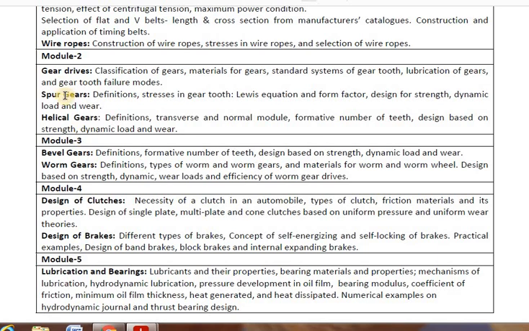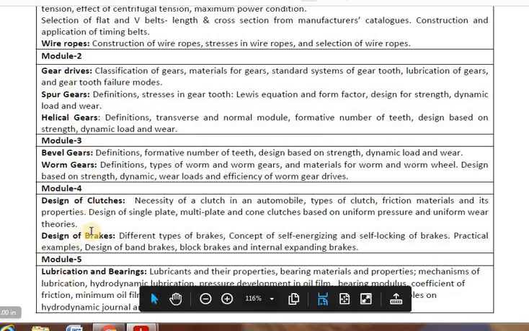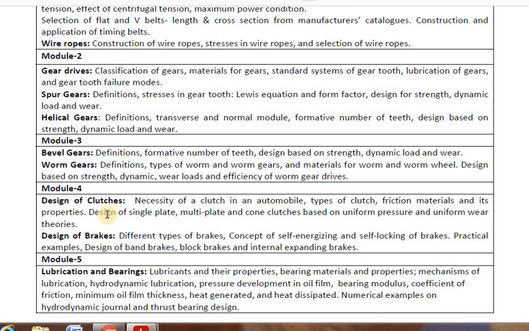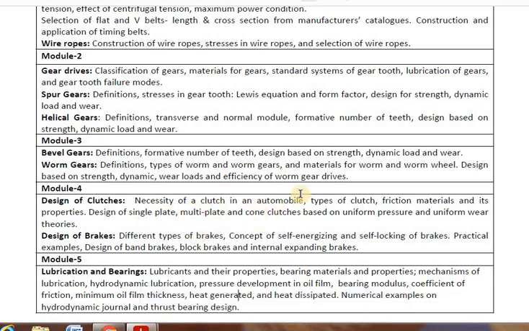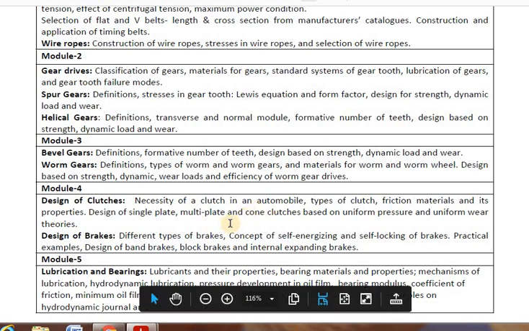So whatever we are designing here, they are all being used. All these parts are used in automobiles. So clutch design, brake design. It depends on how much power you want to transmit. Based on that, the clutches are designed. In this, you are going to have clutches used in automobiles. You have the single plate clutch, the multi plate clutch, and the cone clutch. Three different varieties of clutches you are going to design in this.